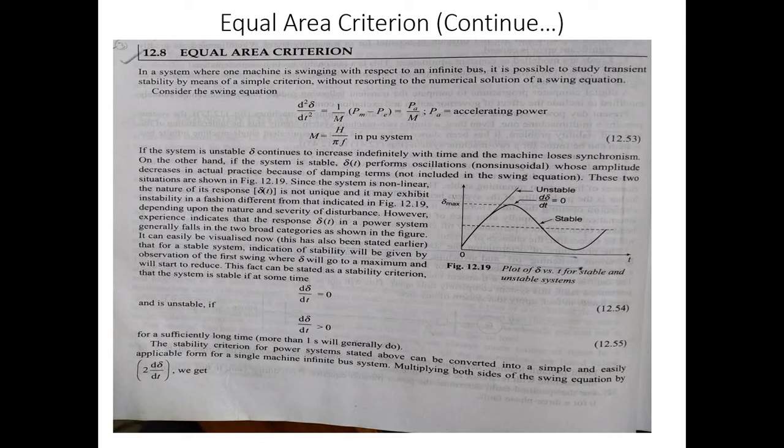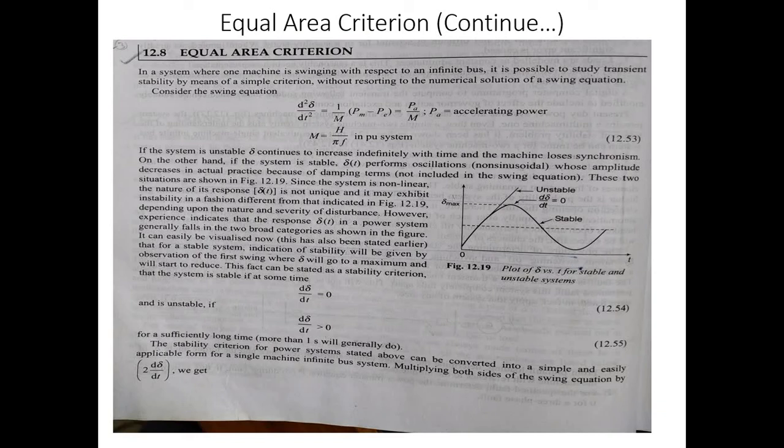Then it is possible to study the transient stability by means of a simple criteria without obtaining the numerical solution of the swing equation. Now, consider the swing equation we had discussed during the last lecture. The swing equation is given by d square del by dt square is equal to 1 upon M into (Pm minus Pe). There, Pm is the mechanical power input and Pe is the electrical power output. But the difference Pm minus Pe is given by Pa, and hence the swing equation becomes d square del by dt square is equal to Pa upon M, where Pa is called the accelerating power and M is called the inertia constant, which is given by H upon pi f